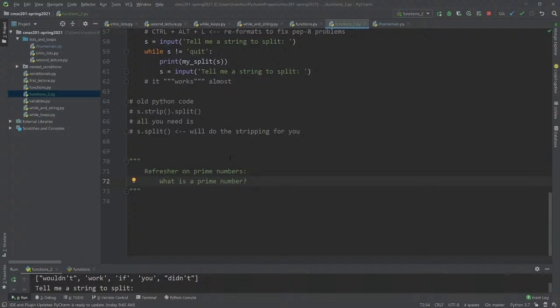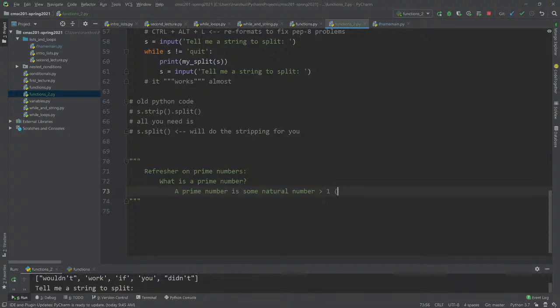So what is a prime number? A prime number is some, let's just say natural number, so that means bigger than 1.